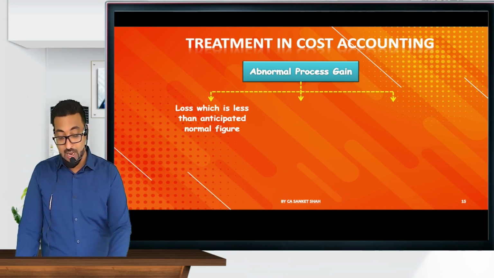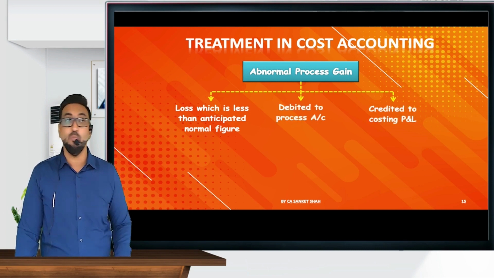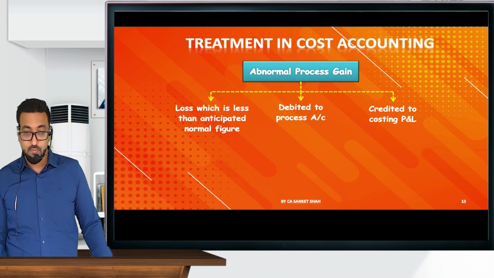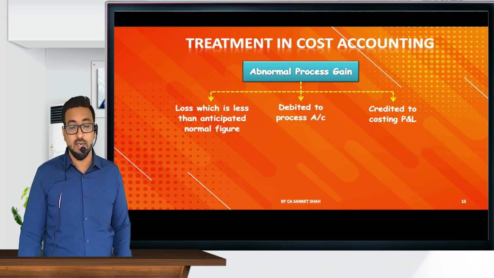बच गया। तो ये abnormal gain प्रोसेस के डेबिट में और क्रेडिट टू P&L ये ट्रीटमेंट होगा। राइट डाउन, प्रोसेस के डेबिट में और P&L के क्रेडिट में।